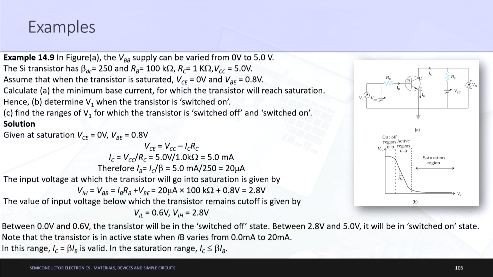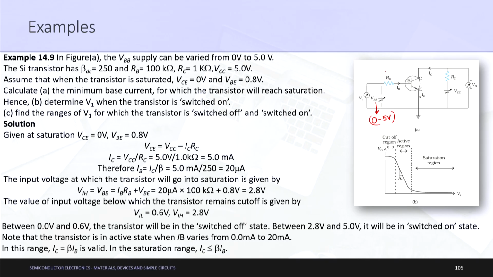So, please look over here carefully. As you can see in figure A, the VBB supply can be varied from 0 to 5 volts. So, this value of VBB can be in the range of 0 to 5 volts. Okay. The silicon transistor has beta DC as 250. What is the meaning of beta DC? Beta DC is basically the amplification factor, correct, or the current gain,